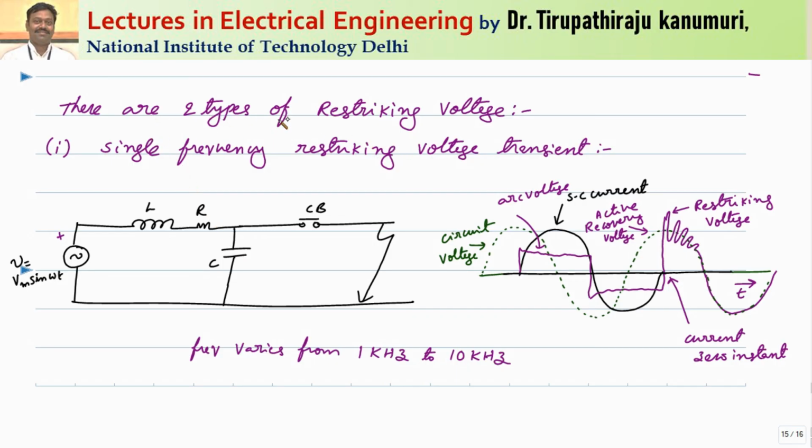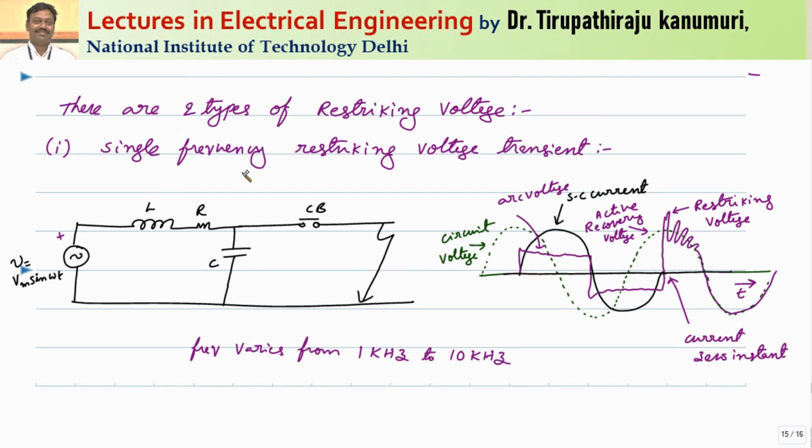So there are basically two types of restriking voltages. Till now we have seen the case where, when the circuit breaker is there and a fault happens, there is an LC circuit on only one side. That means the fault has happened near the circuit breaker. But practically, a fault never happens near the circuit breaker, because the circuit breaker will be at the bus bar and the fault will never happen near the bus bar. It can happen anywhere in the transmission line. So that's why this is not practical, because one more case is also possible. So let us see both the cases, depending on where the fault comes.